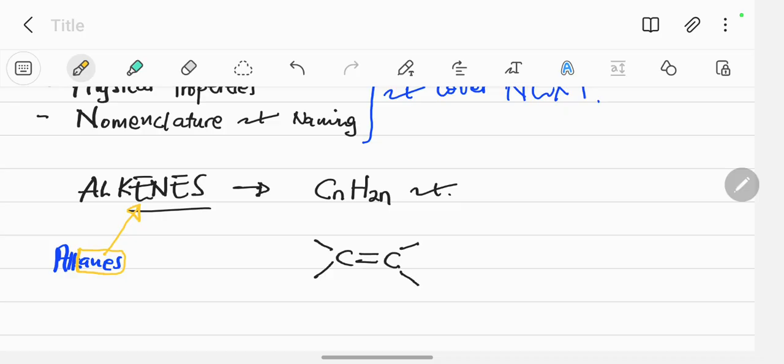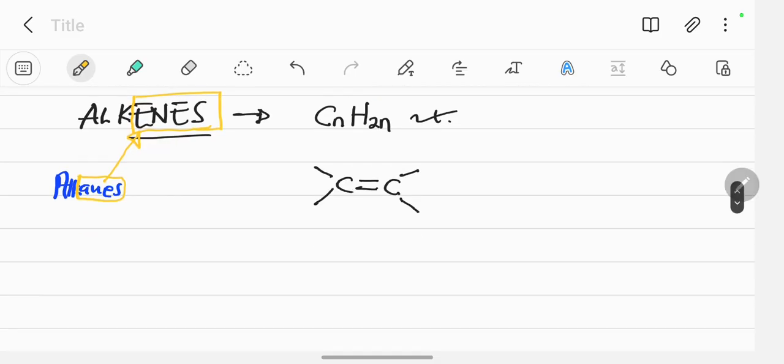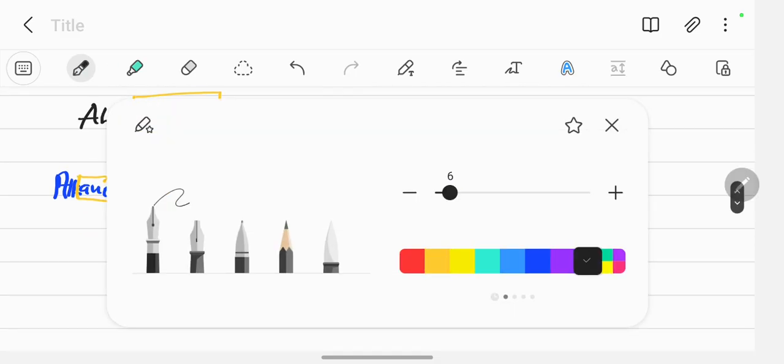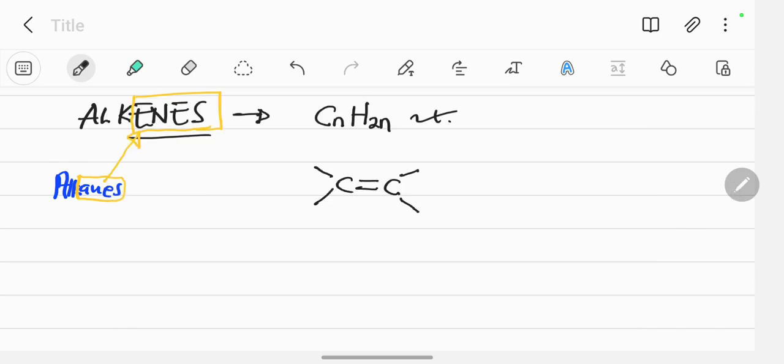It's called a suffix here. So that is it. Then the other thing we have to maybe mention,